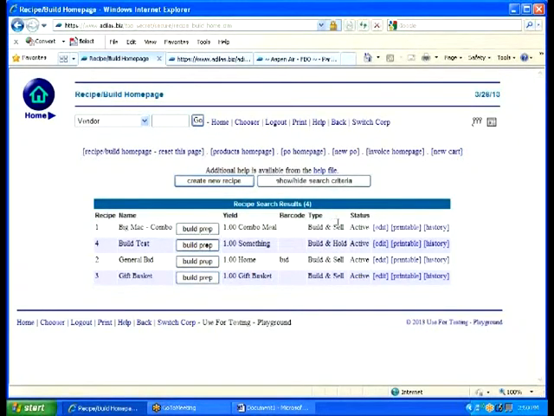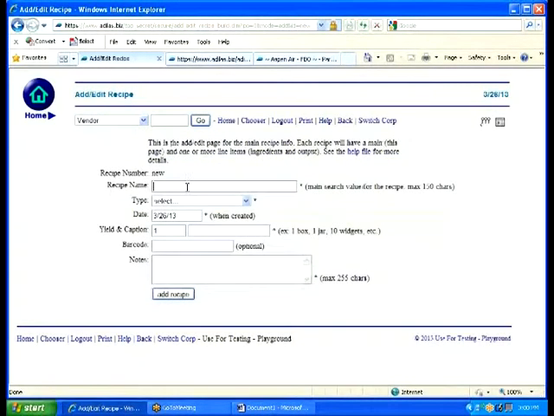And you can actually see build and sell, build and hold, build and sell, build and sell, depending on how you're classifying. And we're building and holding for your particular industry, okay? Create a new recipe. Okay, so right here I would recommend that you call this kitty call build or something